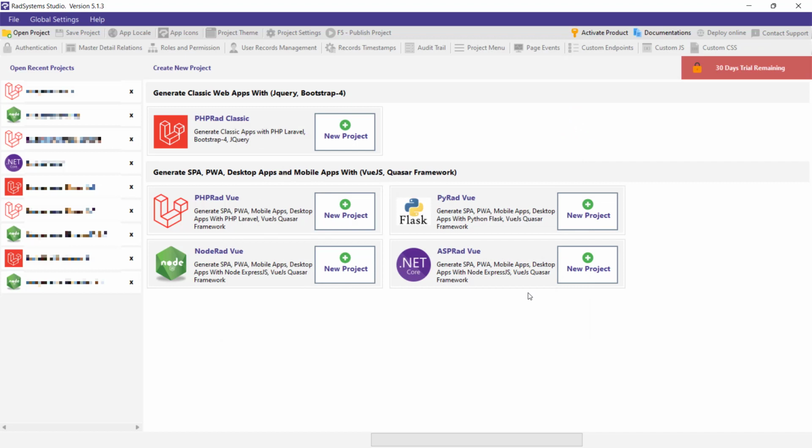If you purchase the full license, the Activate Product button with the key icon at the top right of the RAD System Studio application would disappear, else the button will still be there until you activate all packages. To verify that your license has been applied, you will see Activated with a green check icon. This means you have activated that product.